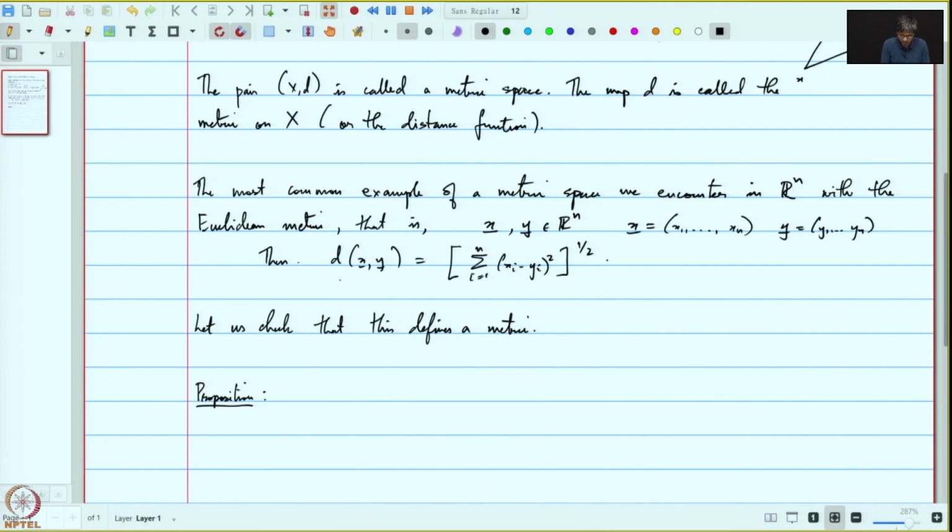This d of x comma y, we shall write as the 2-norm of x minus y. We will use this notation instead of writing d of x comma y. What we need to prove is that the norm of x minus y is less than or equal to